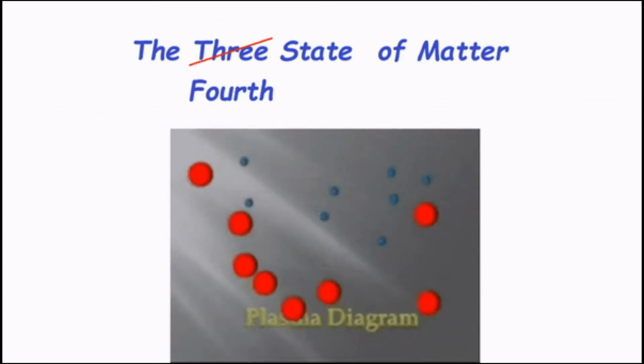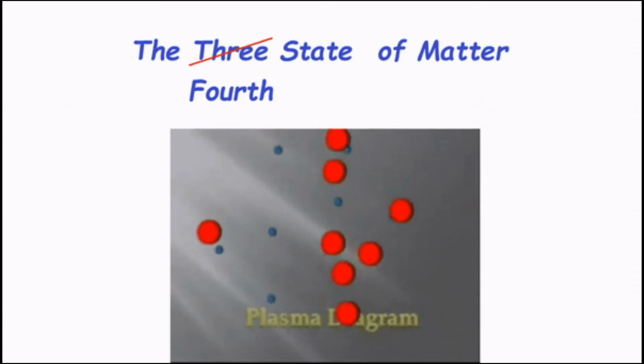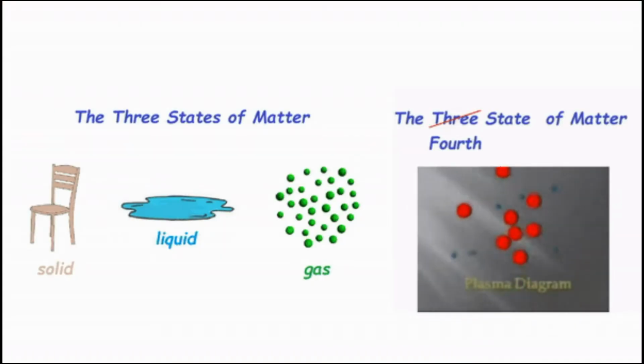Now, maybe I have to see an ophthalmologist, but as far as I can tell, everything is moving in that picture. Okay, so the first question we have is, can you distinguish between these two? Here we'll put them side by side. Do you see a difference between the three states of matter on the left and the fourth alleged state of matter on the right? Is there a difference between those? If you don't see a difference, maybe you should see an ophthalmologist. Okay, you got a problem with your eyes. Okay, and so what is the problem? Well, the problem is this word called state.